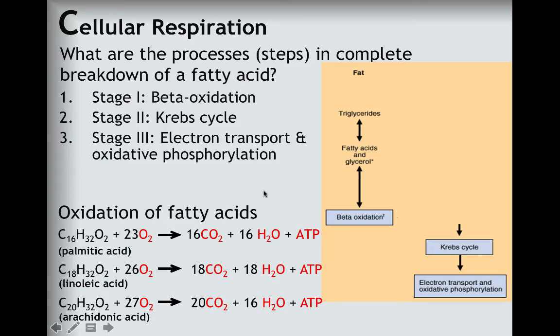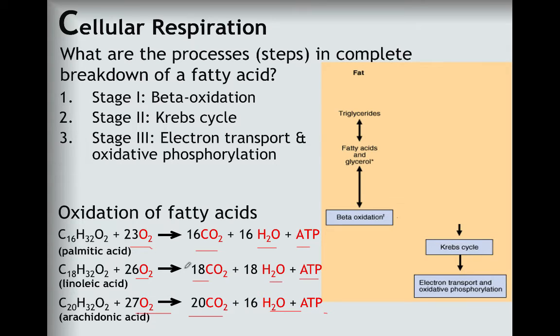As you look at this, you should notice that we have this molecule that's being broken down in the presence of oxygen, and it results in the production of CO2, water, and ATP. And that's true for all three of these things. So what you should say is, oh, this is cellular respiration, and it happens to be cellular respiration of fatty acids. So again, you don't need to memorize this, but when you see that something is being broken down in the presence of O2 and we're producing CO2, water, and ATP, you should automatically think, oh, this must be